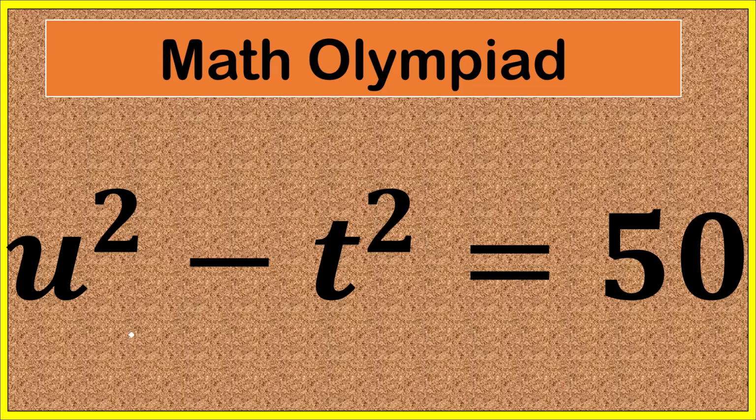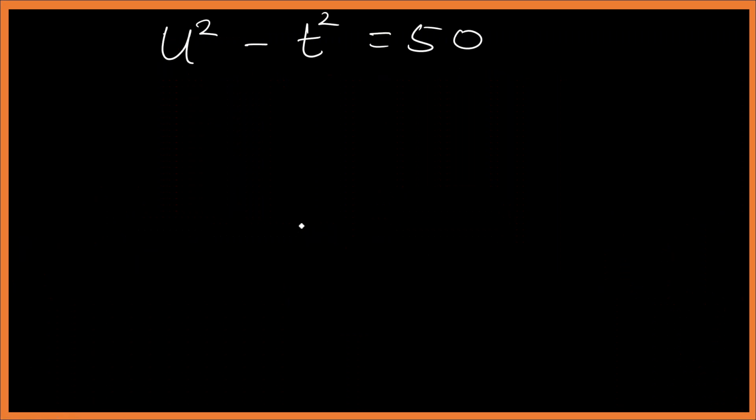Alright, let's delve into this Math Olympiad question. So we are given u squared minus t squared equals 50. Solution. Now, let's understand that